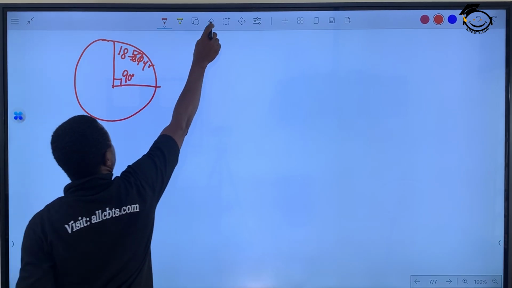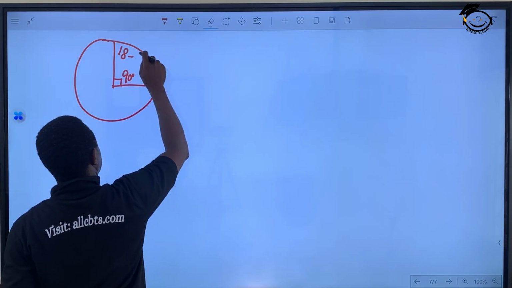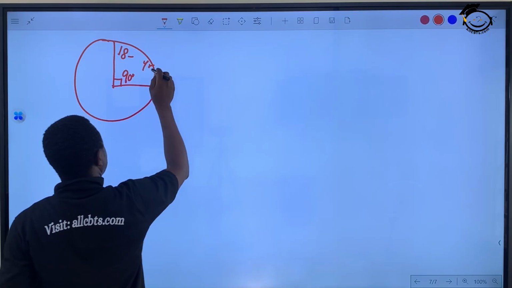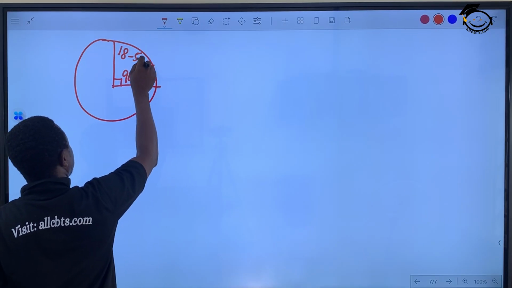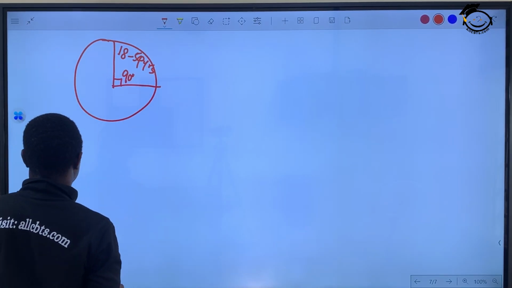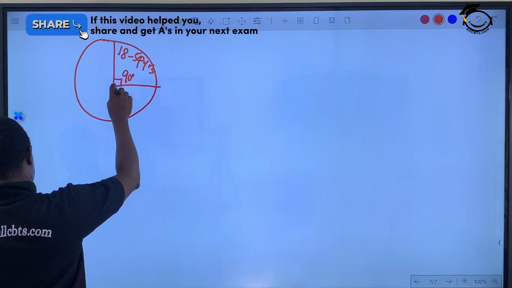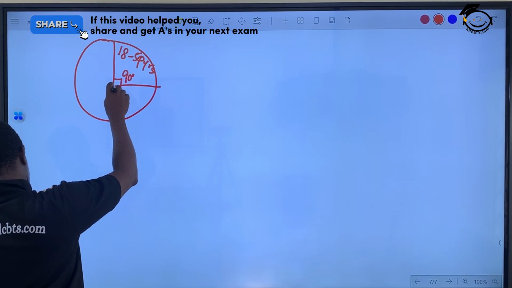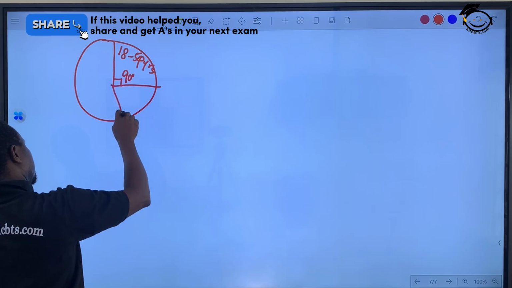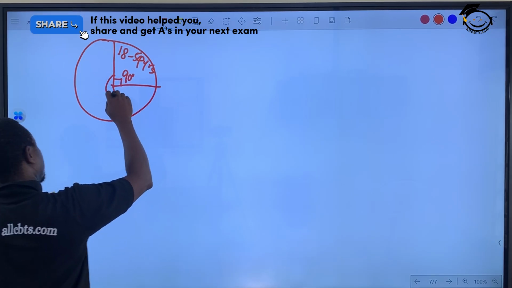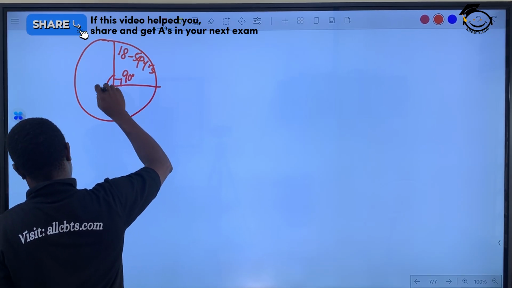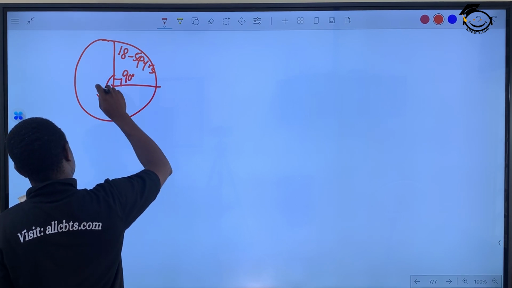Okay, let me write properly because this is maths. These calculations, you can see, 18 to 54. Okay, then this one, this is 162 degrees, 162 degrees,